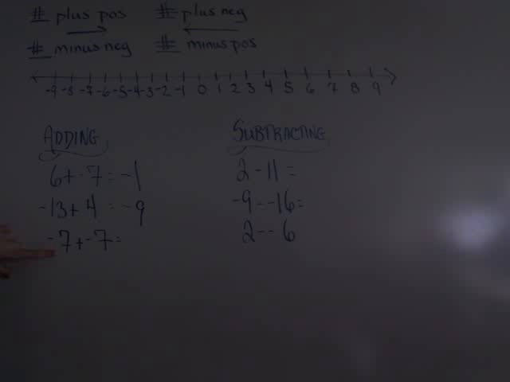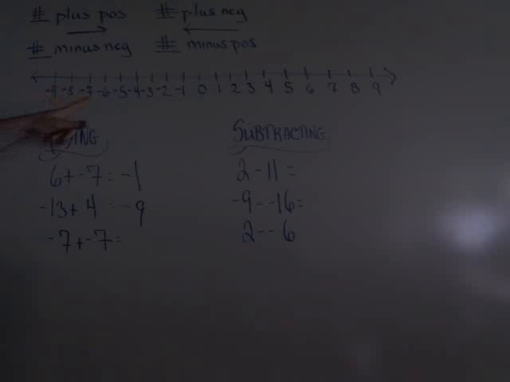In this final question, I've got negative 7 plus negative 7. Now, some people would be so inclined to say, well, that's 0 right away. And no, that wouldn't actually be correct. First number here is negative 7, so I'm going to start at negative 7 on the number line. And then since I'm adding a negative, well, adding a negative forces me to move to the left on the